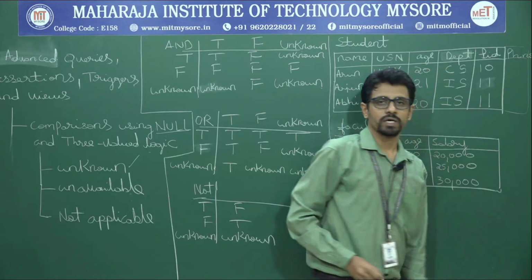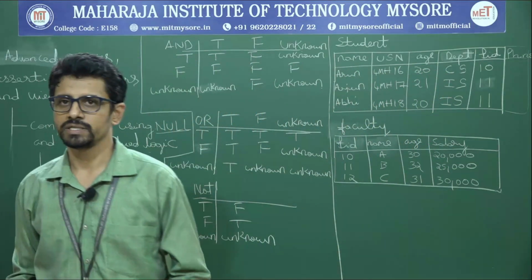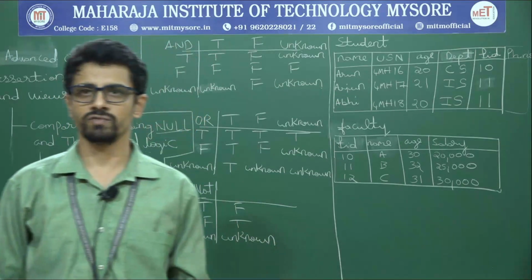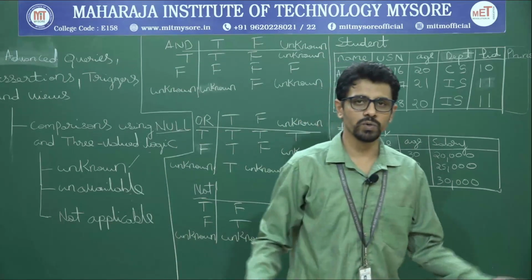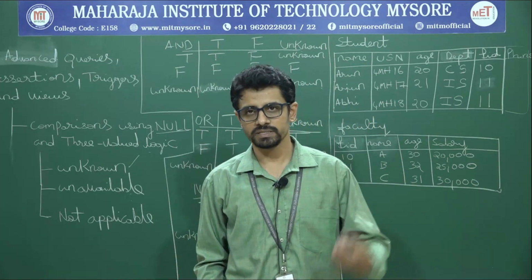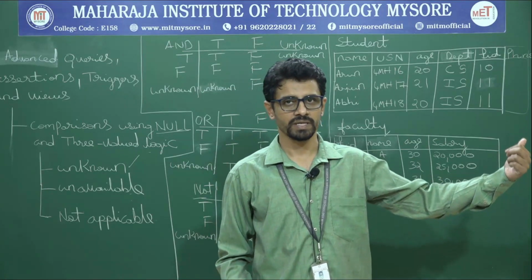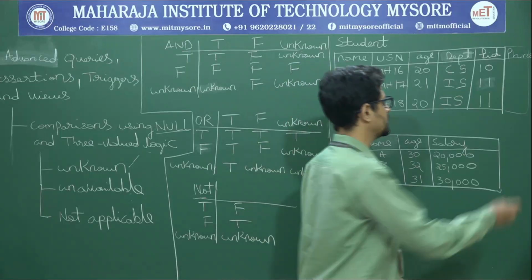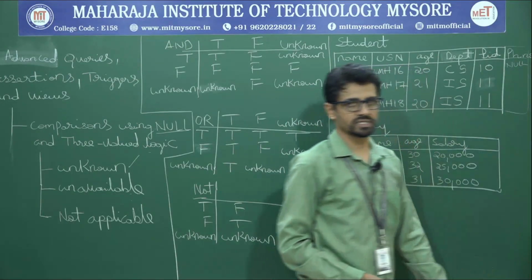It need not be that all students will have a phone number or a landline number at home, or a cell phone with them. In such cases, I can say that I don't know, meaning the value is not known whether this person has a phone number or not, because he has not inserted it while inserting the values. He has left it empty. So automatically the null value comes over here if the person has not inserted the value.